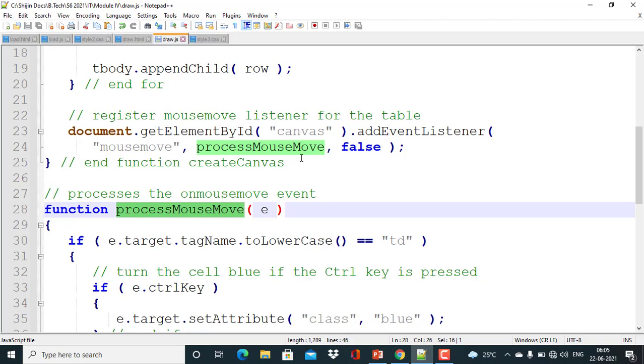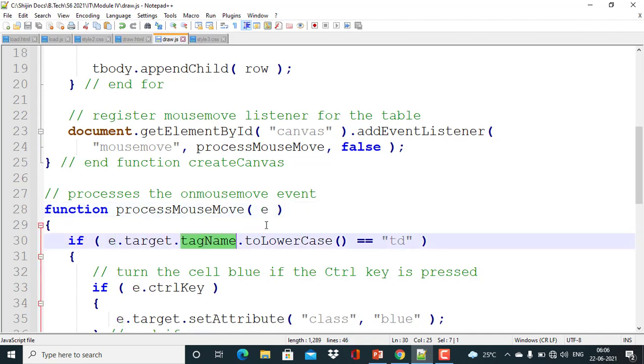While you trigger a particular event, an event object will also get passed to this particular function. And we also discussed its name would be E. So this process mouse move has got an event object. From this event object, we will get all the information needed about this particular event, mouse move. That is its beauty. For example, if you want to get the target of this particular event, we will be getting that